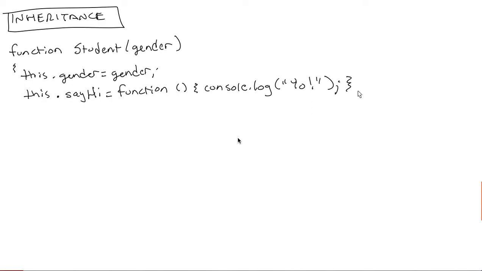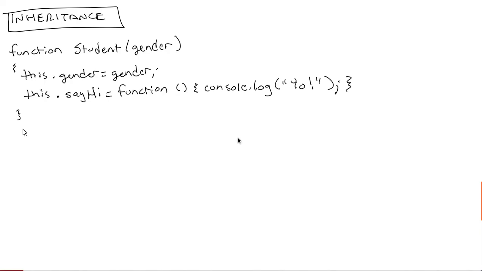And then what we want to do is we want to say student. Okay, that's good. We'll stop there with the student. Now, there's a couple of other things that I have to do here. One is if I want to connect student to person so that I have that chain of inheritance, what I have to do is